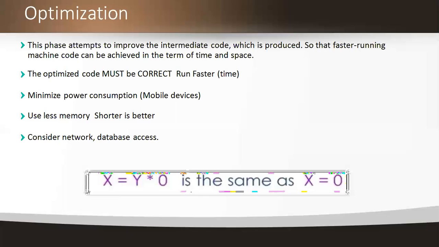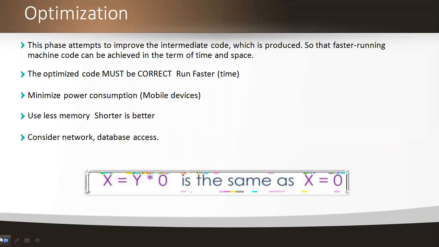Make a note of this. We achieve improvements in time complexity and space complexity when we improve the efficiency. So whatever lines of code we optimize, they should be correct and should run faster. Why are we doing this? To use less memory, because shorter is the better way and longer is the harder way. So choosing the shorter, better way, we are optimizing the code.